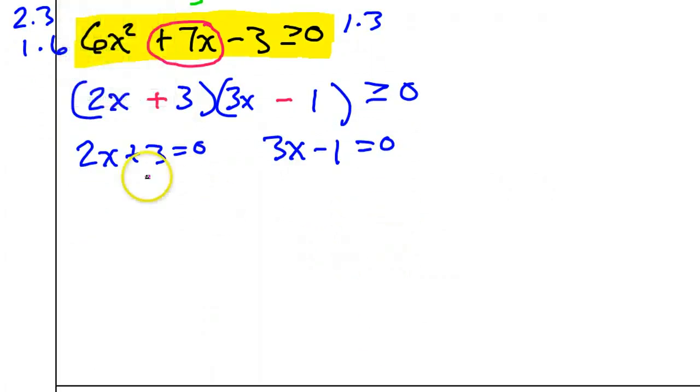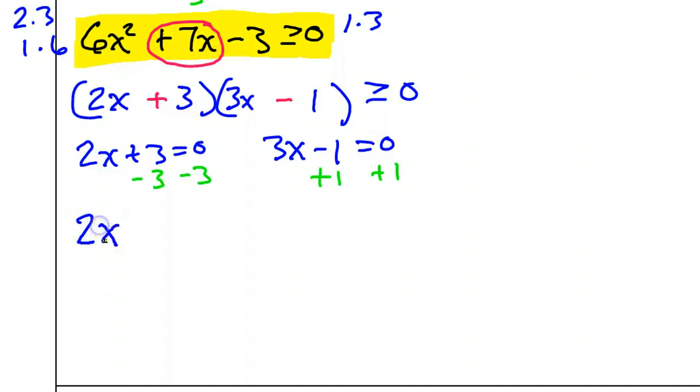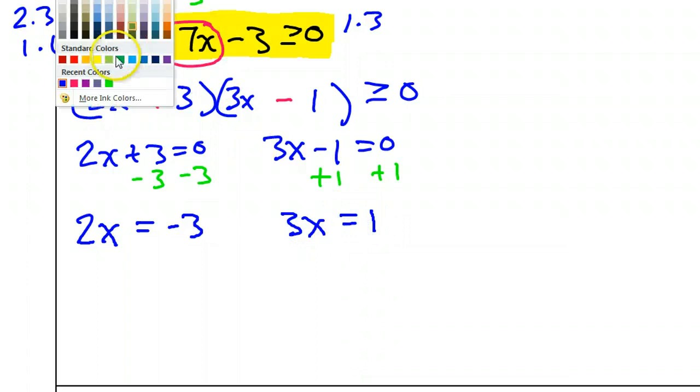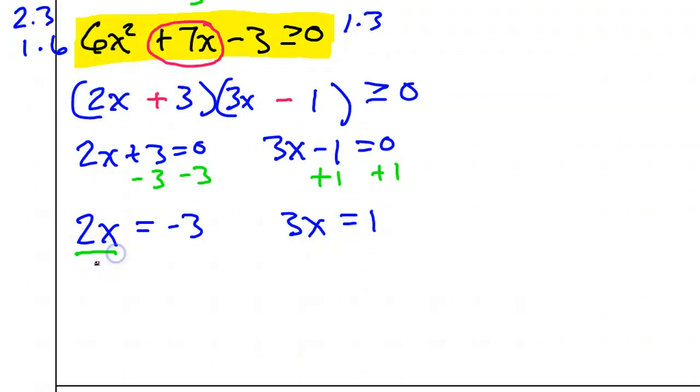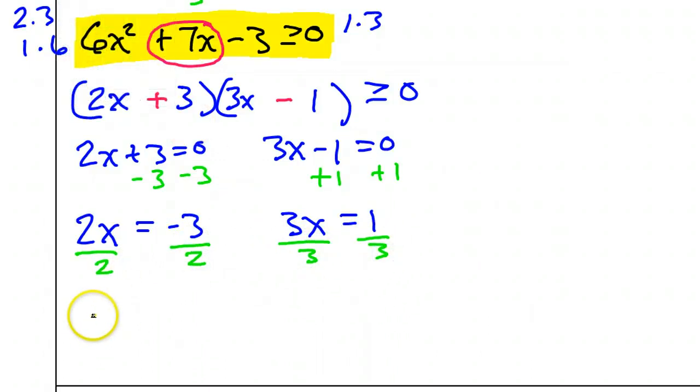Alright, so subtracting 3 from both sides, and here adding 1 to both sides, gives me 2x equals negative 3, and 3x equals 1. Okay, now dividing by 2 and dividing by 3 on both sides, this is going to give me